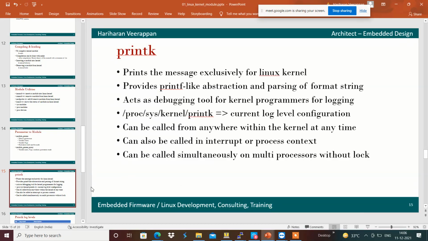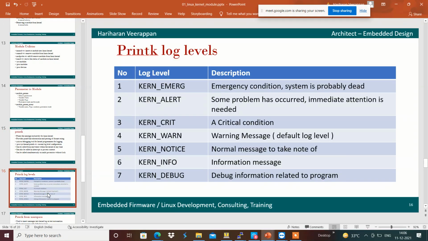The log levels that we will see over here: log level number 1 is kernel emergency, so in emergency conditions, only that information will get printed. In case of log level 2, only kernel alert will get printed, and only kernel critical conditions get printed, and only kernel warning messages get printed accordingly.